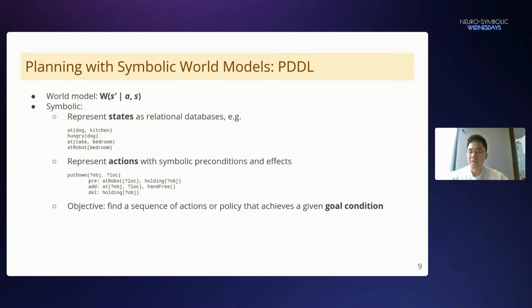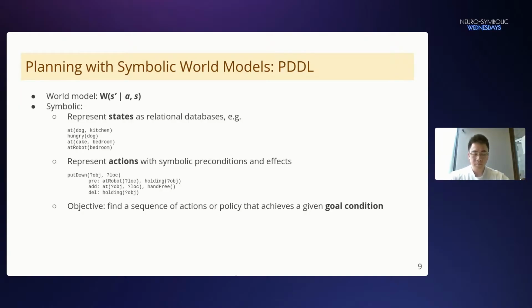Here we have a parameterized reusable put down action, parameterized by objects and locations. The precondition consists of the robot being at the location that it's instantiated at, and holding the object. And you have add and delete effects, which give the intuitive effects of placing the object at the location, making the gripper free of the robot,